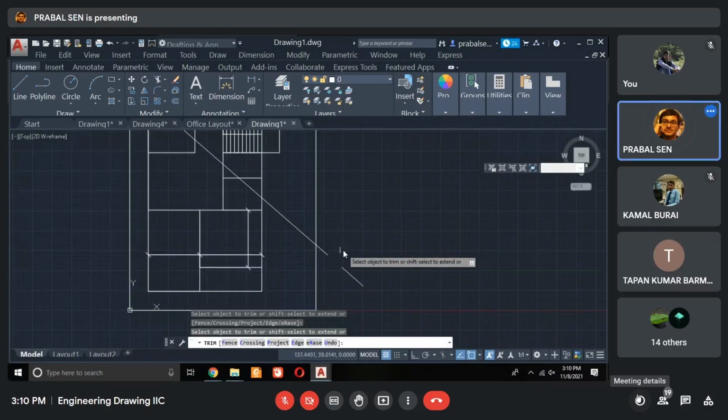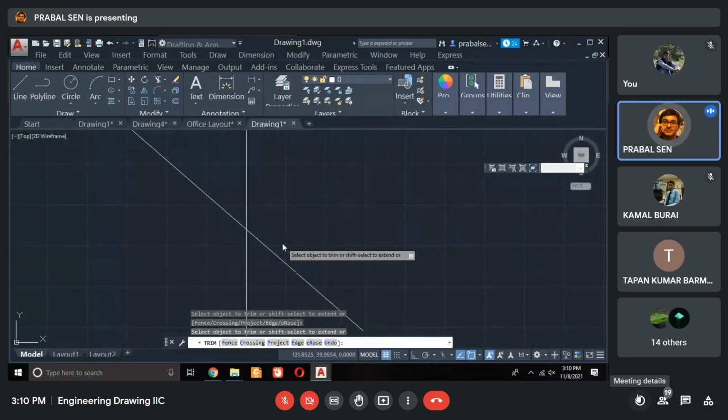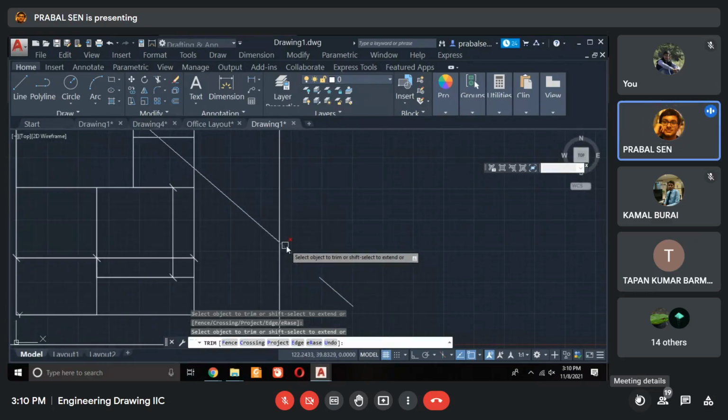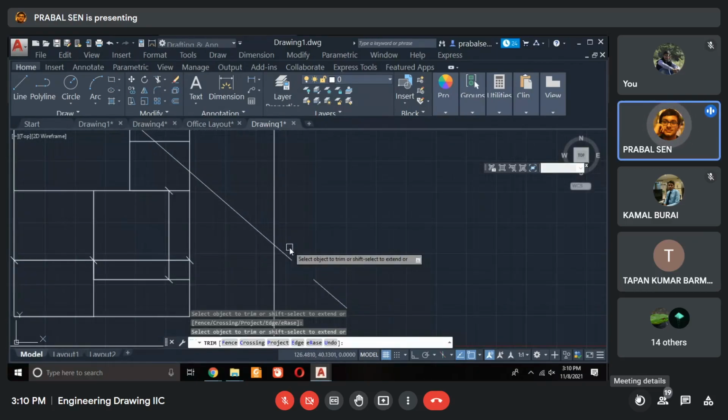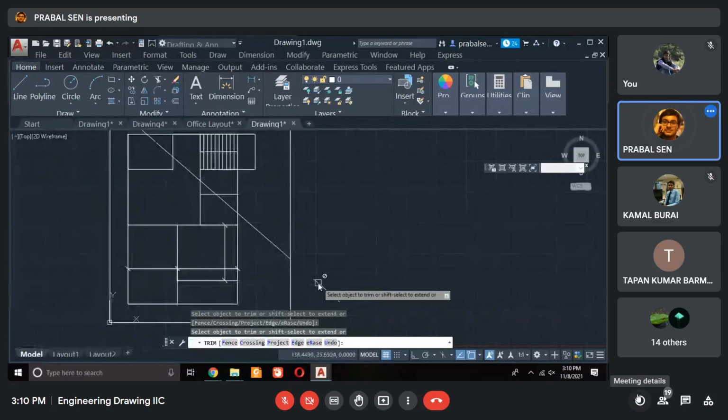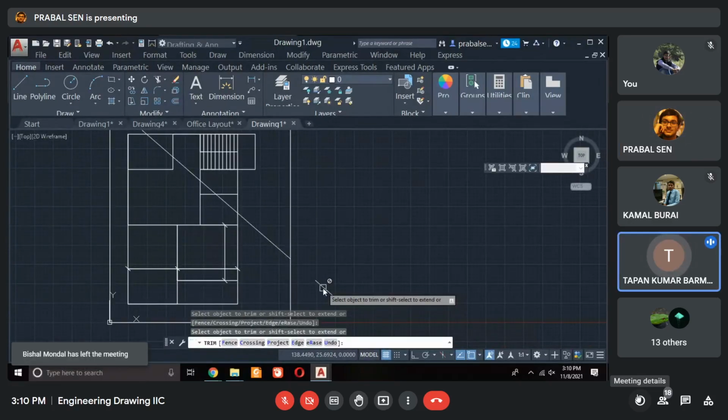No, there is no boundary. That's black. And if I have to trim, I have to click all three parts, and it's showing that it cannot be trimmed also. That's a blocking mark. This part cannot be trimmed because there is no boundary. Only one segment of the line is there. You have to delete that thing, or erase that thing. Erasing is working there.